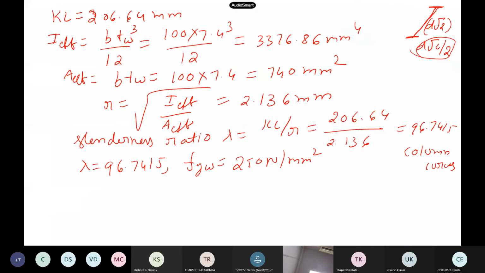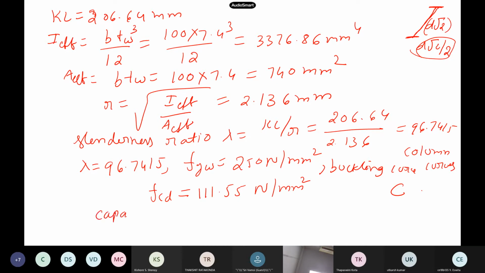So if you go to those curves, you would see the buckling curve C. This is a guideline given by the code. So from that table you get your design compressive stress as 111.55 Newton per mm square. If you don't want that, you can use the formulas also, and you have to assume that the imperfection is a buckling curve C kind of thing itself.